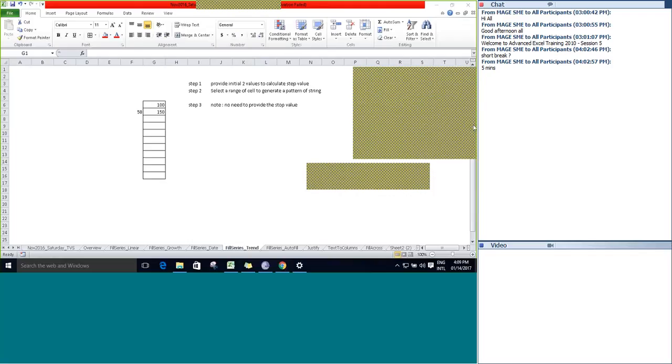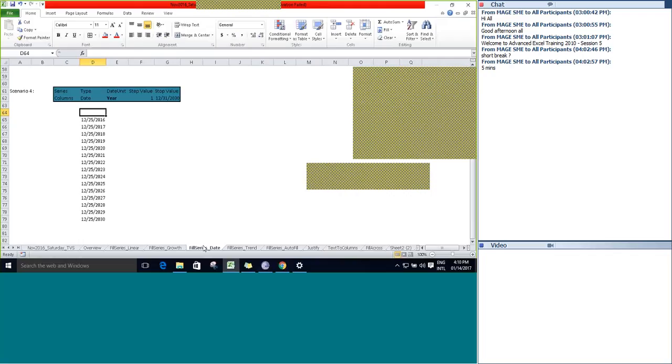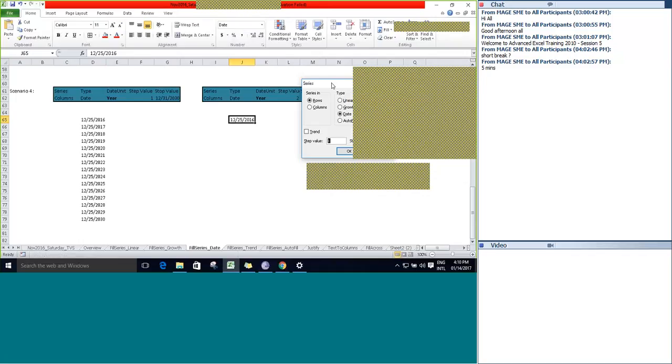So I'm just looking into the query received. What can be done if alternative years are to be generated? It is same like this particular scenario. Just change the step value to 2. It will generate for the alternative years. Go to fill and go to series.